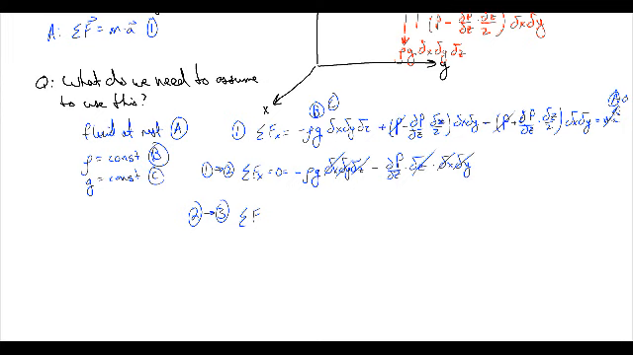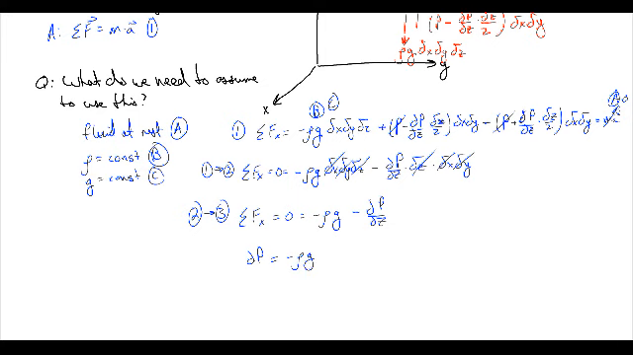Our sum of forces in the x direction is going to be equal to 0, which is equal to negative rho g minus dP/dz. Great. So if we rearrange this, we get that our dP is equal to negative rho g dz. Now, hopefully at this point in your career, I'm going to stall here for a little